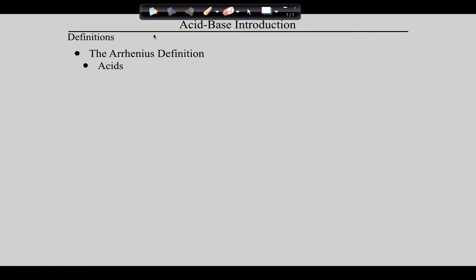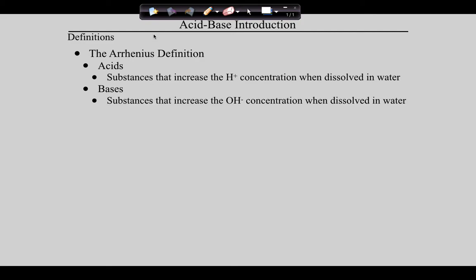Now guys, everything that we just talked about is what is called the Arrhenius definition of bases and acids. So I would encourage you to circle hydrogen ions. I would encourage you to circle hydroxide ions. Because guys, in the Arrhenius definition of acids and bases, that's what they do. Acids give away hydrogen ions, bases give away hydroxide ions, and that makes sense given what we understand. Now, guys, understand this definition is good, but it's limiting. The reason that it's limiting is because we've got,